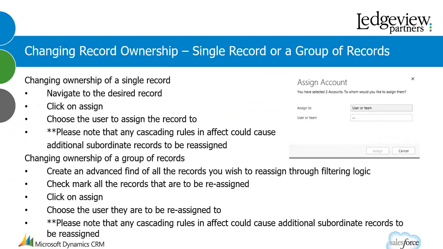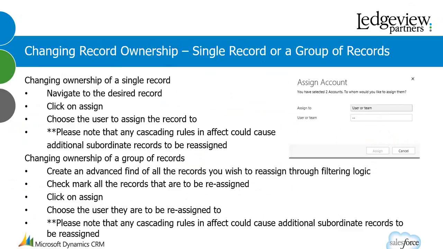Now the next way to do it is a single record. With a single record, just navigate to the desired record. So if we're going to Alpine Ski House, the account, we're just going to simply click on Assign, follow those same steps. Choose whether it's going to go to myself or select the user we want to reassign it to. Now please note that any cascading rules in effect could cause additional subordinate records to be reassigned. What that means is, for an account, if there's any contacts, opportunities, activities, those could be reassigned as well, based